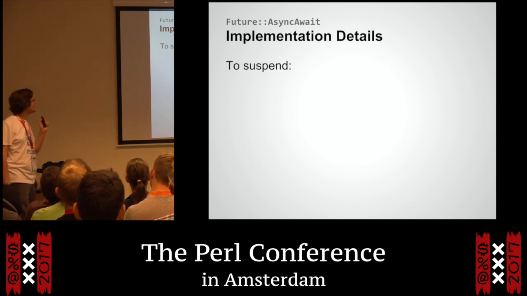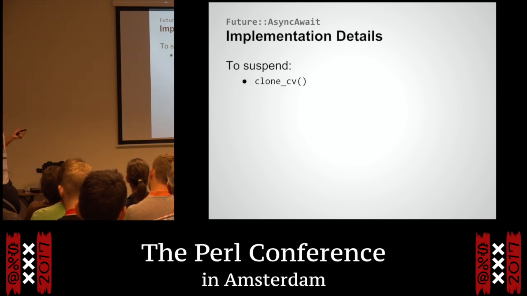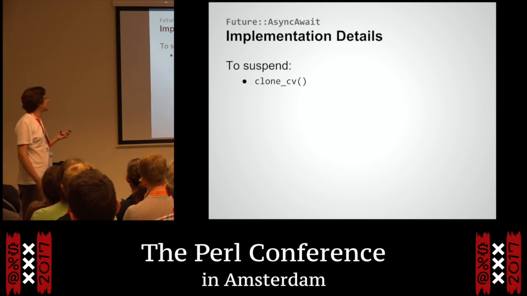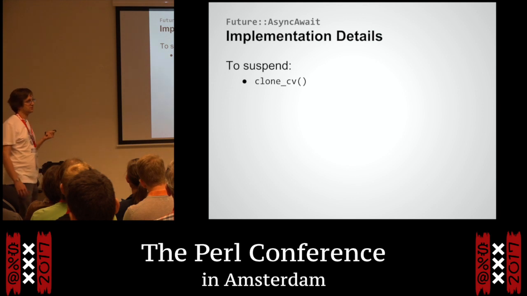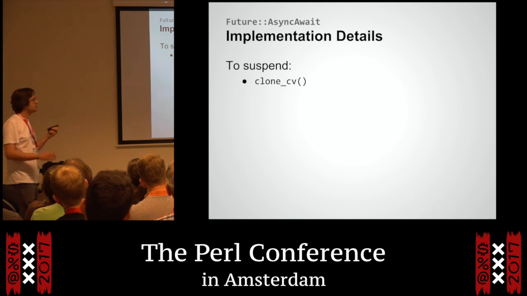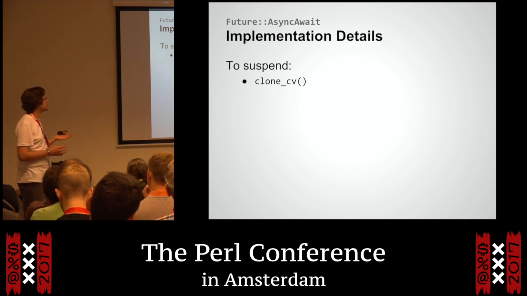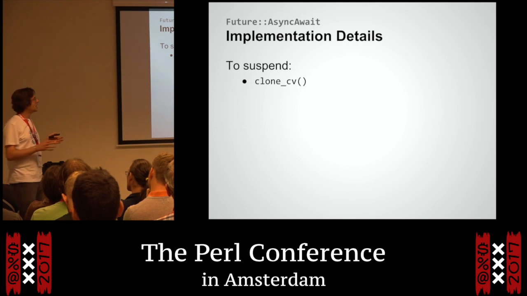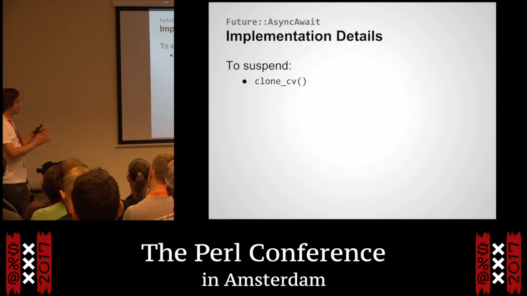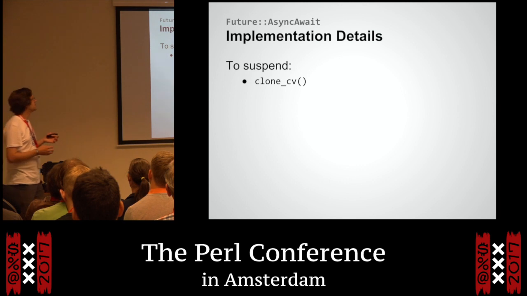So how it actually works. This is the kind of the key bit. There's an internal function in Perl called clone CV, which takes a code ref, i.e. a function, and makes a copy of it. Now, clone CV is used when you have an anonymous function and you have, say, just sub something. In the actual compiled code of Perl, we have a copy of that function, which is called a proto-sub, but it's a bit of a weird name. It's the kind of template of how to run this piece of code.